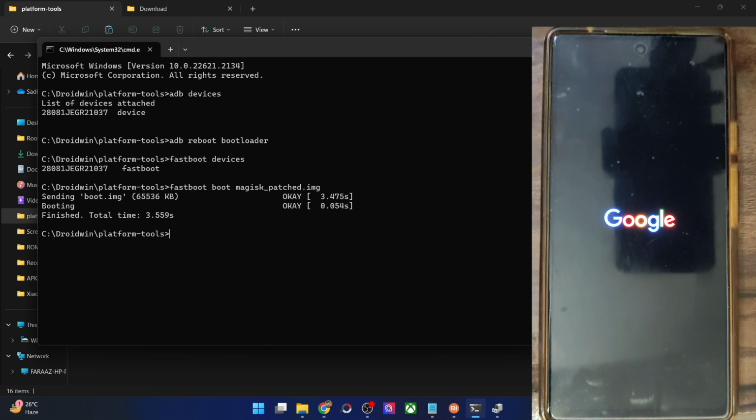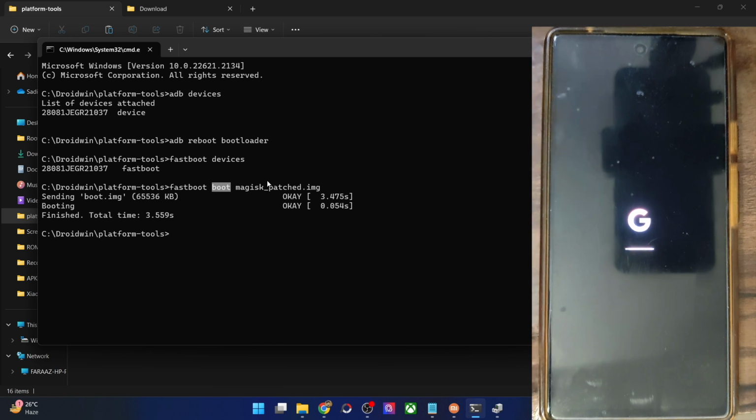However, if there is something wrong, then a simple restart will replace the patched boot IMG with the stock boot IMG, and your phone will be up and running in no time. That is why it's always recommended to take a failsafe approach and use the boot command. Please never use the flash command when it comes to using the boot IMG file.